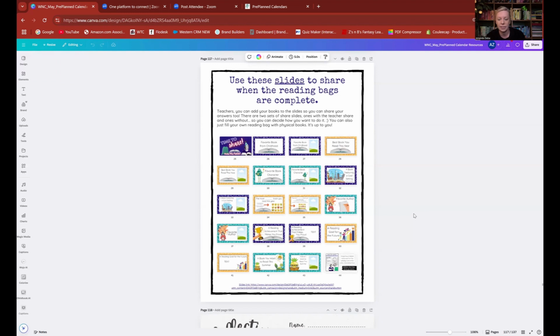So the things that we're going to ask them to put in there are their favorite book from childhood, the best book they read this year, their favorite book character, a book featuring a cool setting. What else in here? Favorite author, the most blank, the most scary, fun, exciting, adventurous, fill in the adjective, the most blank book you read this year, a reading achievement, a reading goal for the future, and the first book you want to read this summer. So they're going to put all those books in there.